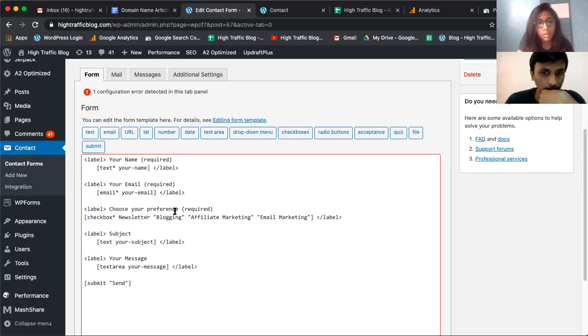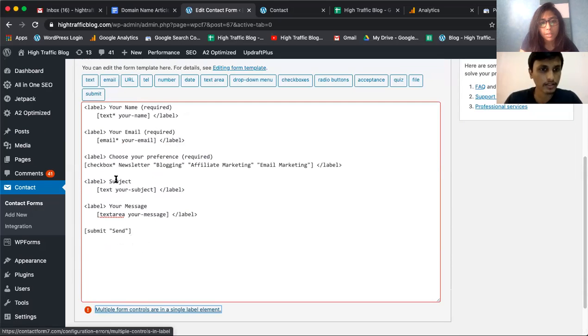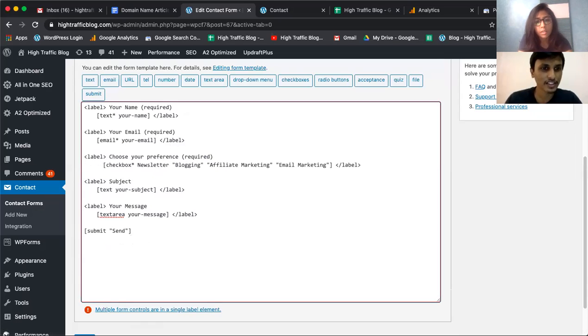Okay, so ideally, if you see in all of them, there's some space, right? But I don't think that should be the reason. Multiple form controls are in a single label element, it says at the bottom.